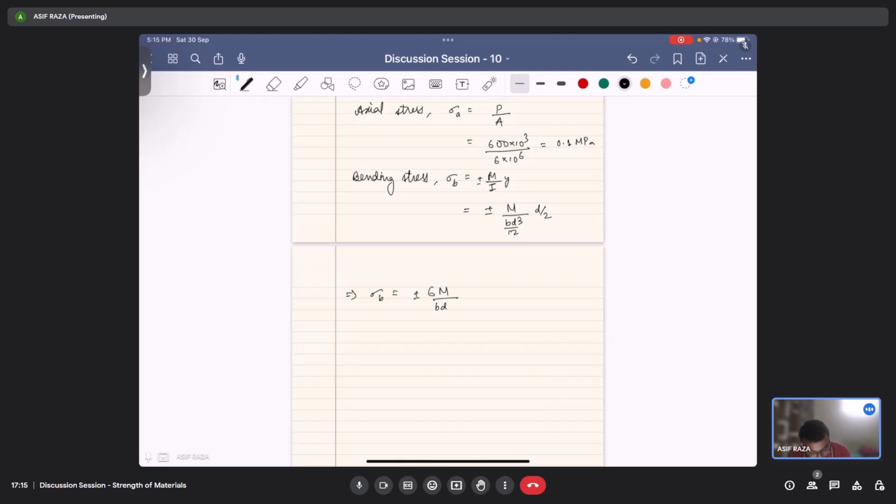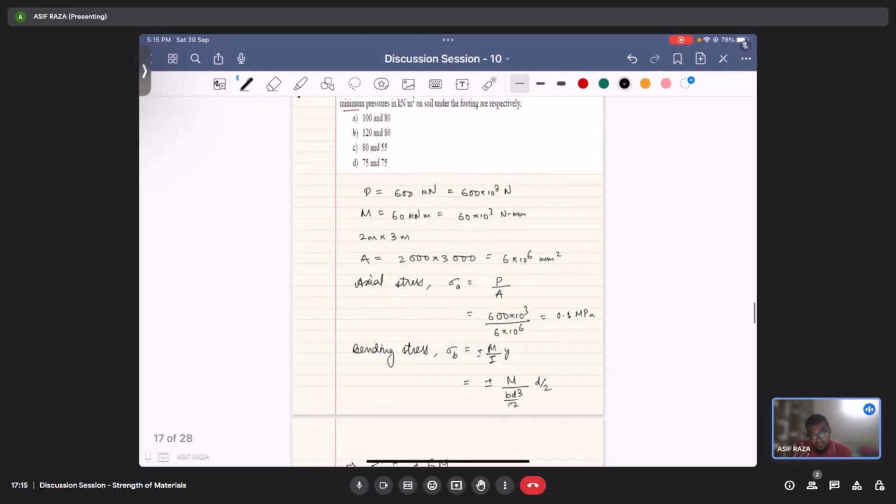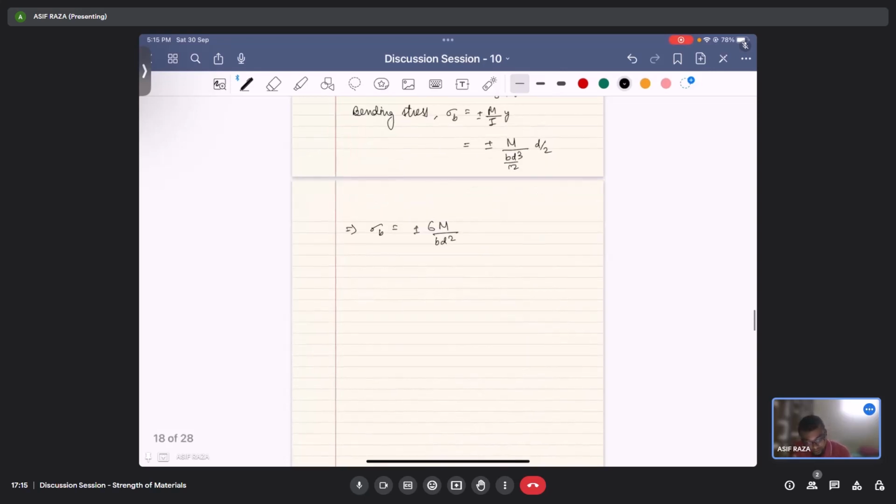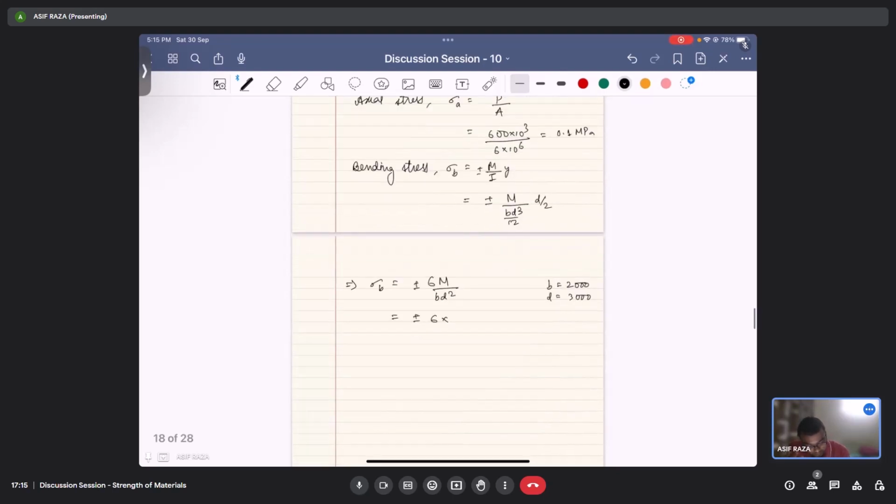by 6 bd square, and it's already given that the direction of the bending moment is along the 3 meter side. So b is 2000 and d is 3000. Then I can substitute the other thing, 60 into 10 power 3, b is 2000, d is 3000 square. This will give me